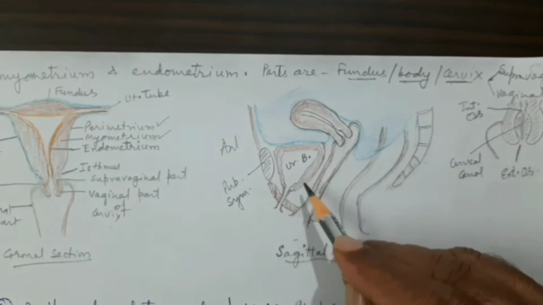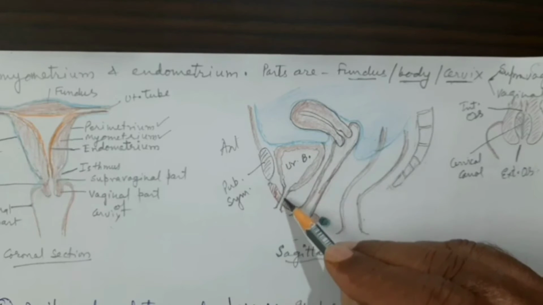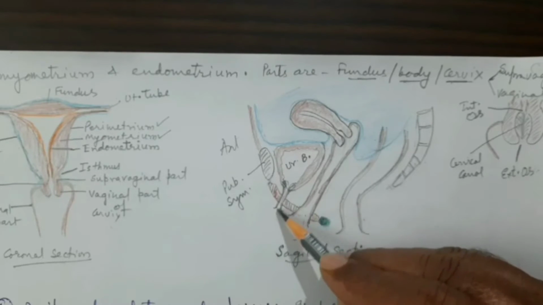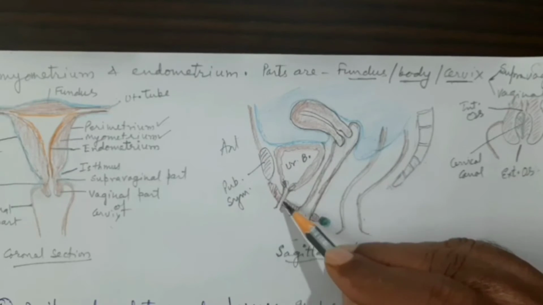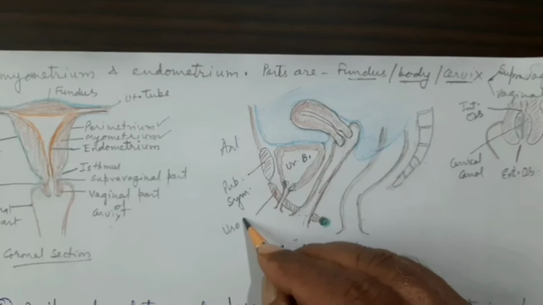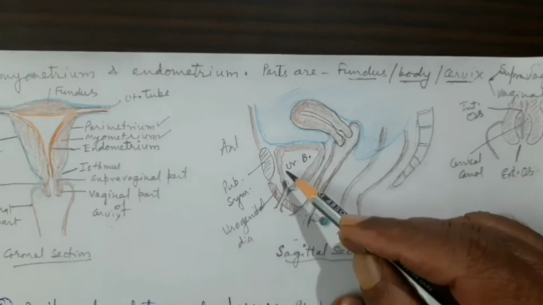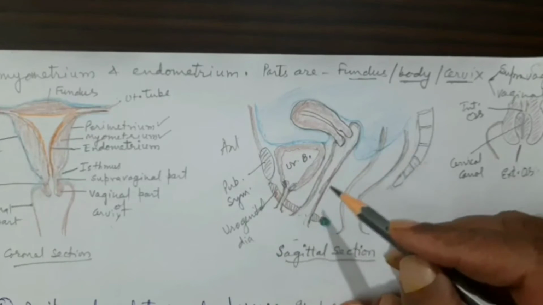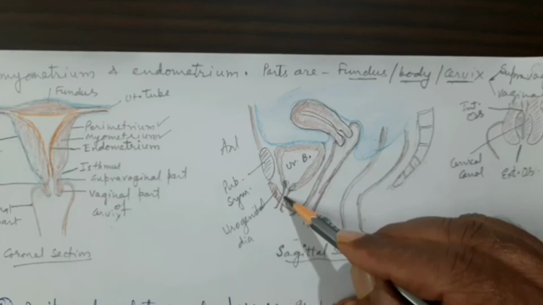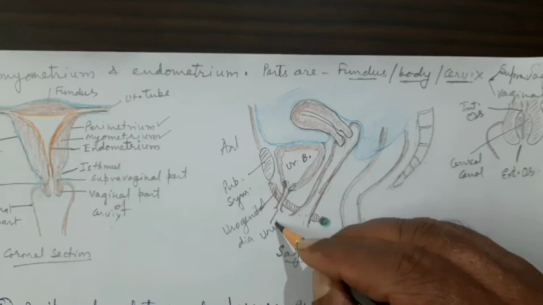Just in short I have written urinary bladder, which is made up of thick muscle coat, smooth muscle. Here will be the internal urethral sphincter, and then this is the urethra, the female urethra. It passes through a structure called the urogenital diaphragm, which is different from the pelvic diaphragm. The urogenital diaphragm is pierced by two structures, the urethra anteriorly, a very short female urethra,